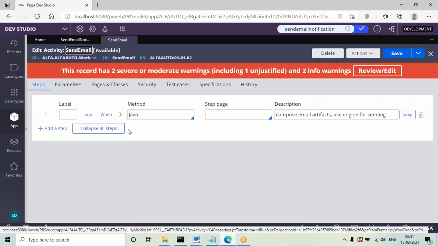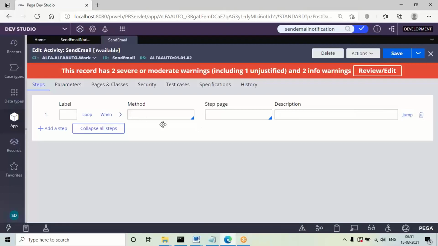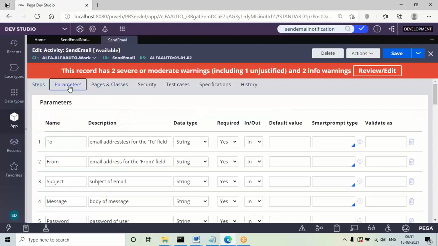See, in this one a default step will be there. Pega APIs contain some predefined coding, right? So delete that step and we are going to add our own methods. The reason we use save as is that, without defining parameters manually, we can directly reuse the parameters.